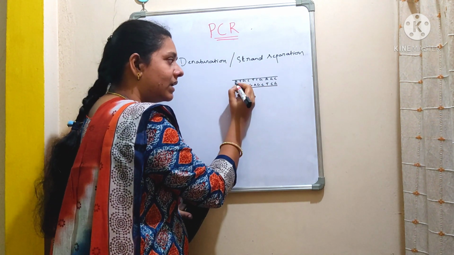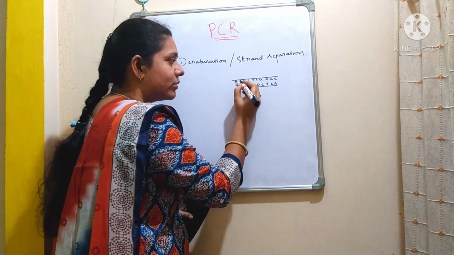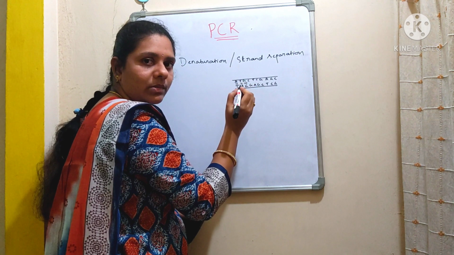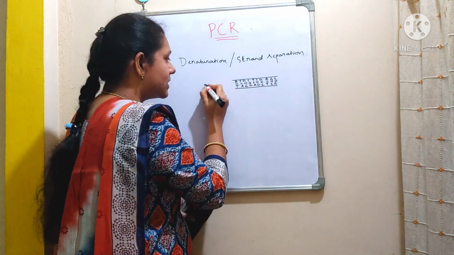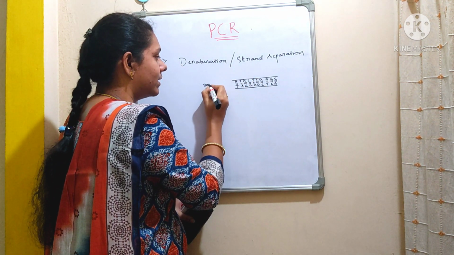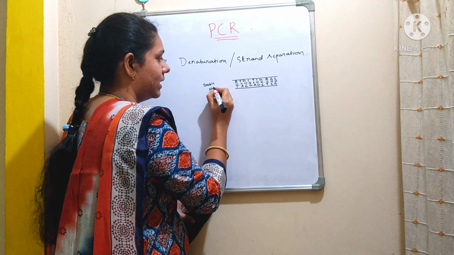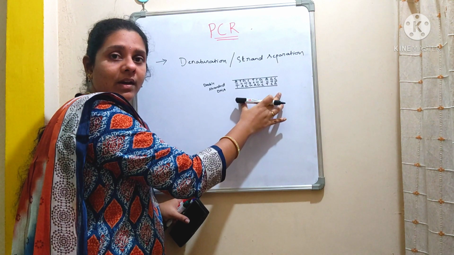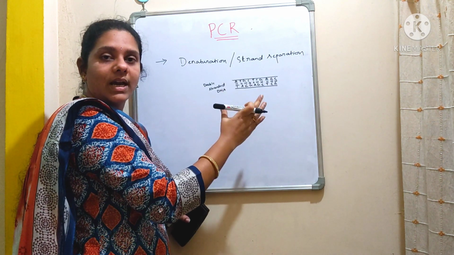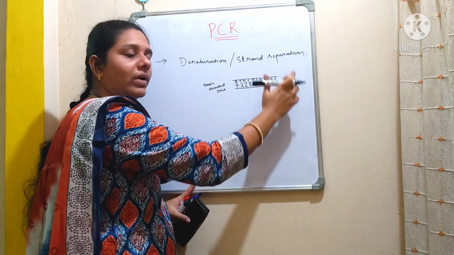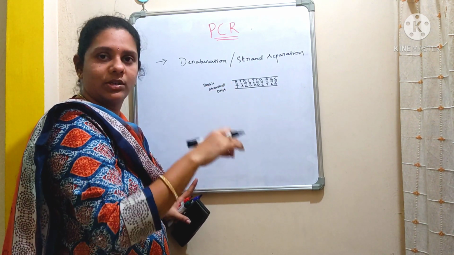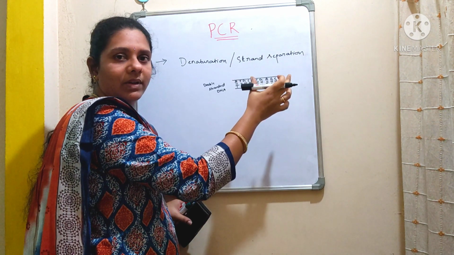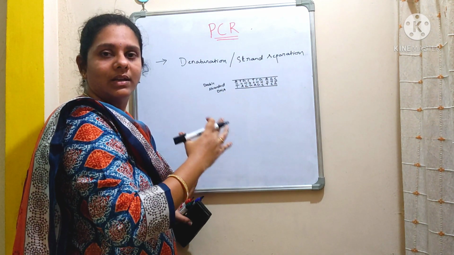See, in between adenine and thymine you'll have 2 hydrogen bonds, and in between guanine and cytosine you'll have 3 hydrogen bonds, right? So this is a double stranded DNA, which you are going to use as a template, and you need to provide this gene in your reaction mixture. Okay, so the information that is present in the DNA will be utilized by the DNA